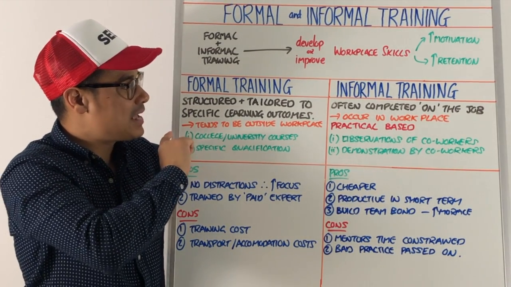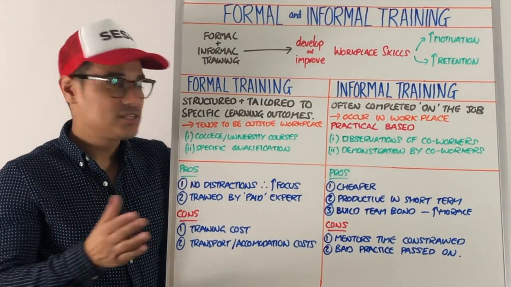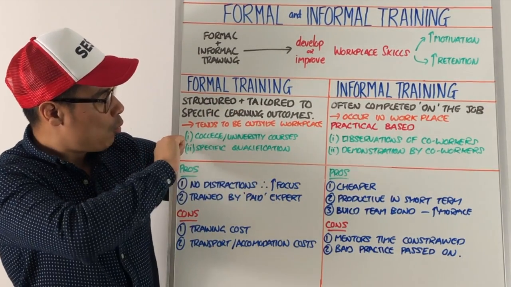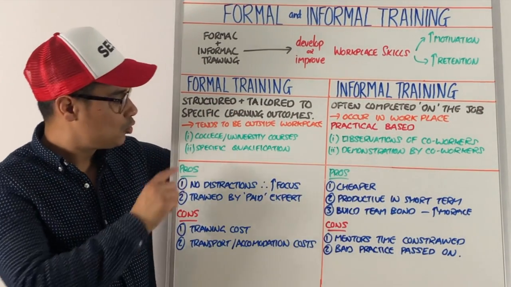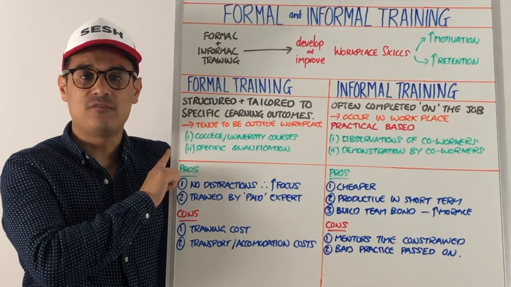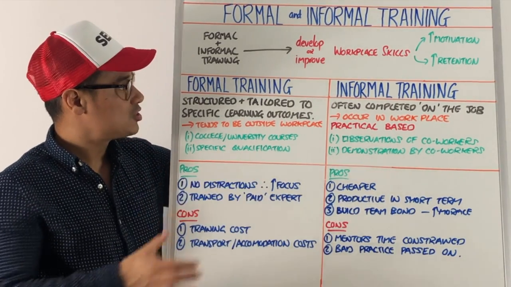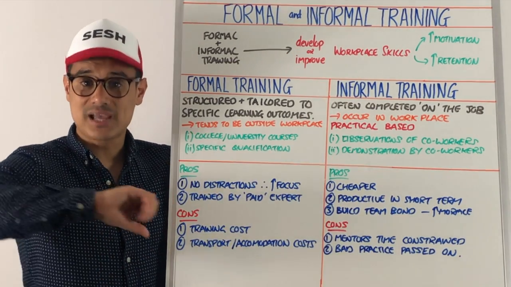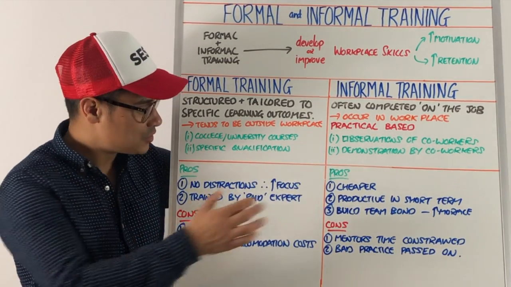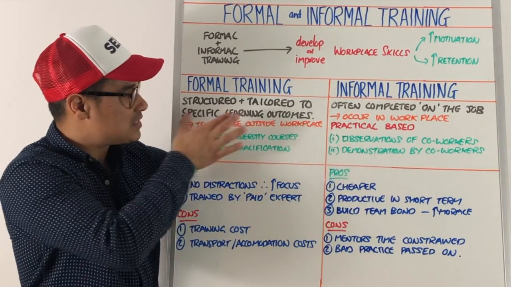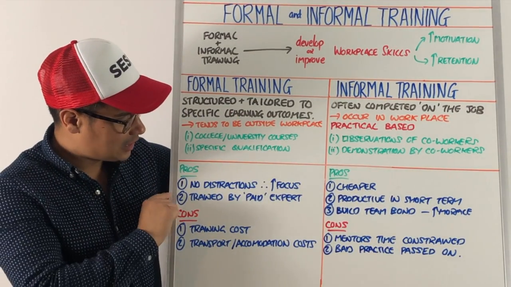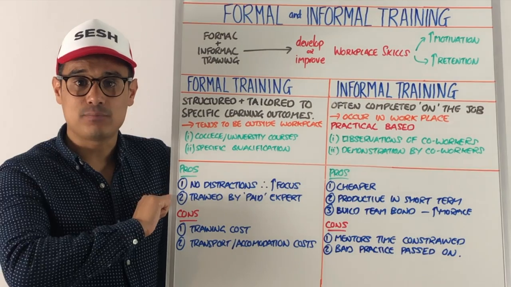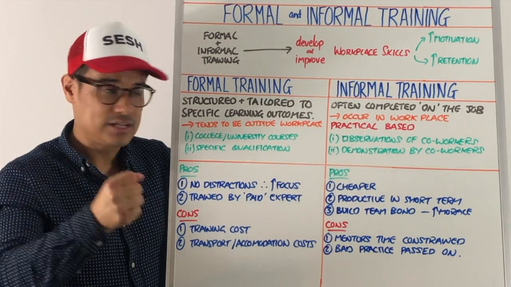And it also tends to be outside the workplace. Examples of formal training could be a college or university course, or it could be some form of specific qualification. Now, the advantages of doing formal training, well, number one is that it involves no distractions because you are taken away from the workplace usually, so therefore you can focus on your specific learning outcome. Also, it's likely that you're trained by a paid expert because the business has paid for your formal